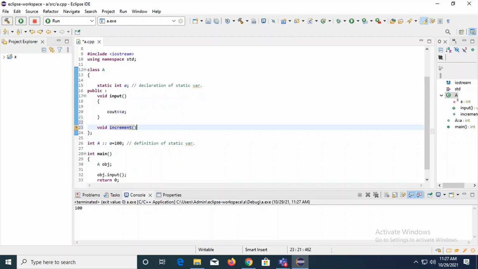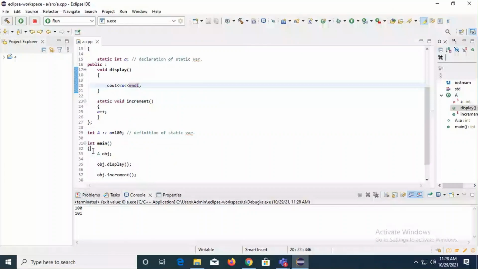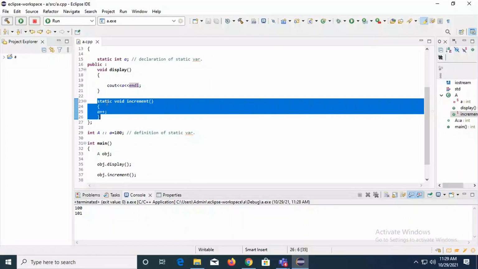See, the first time when it is executed, the control is going to display. Initialization कितना था, 100. So control is coming here. Initialization के बाद 100 value print हुआ. Then you are giving call to increment. मतलब static में control गया and you are accessing or incrementing the value of a static variable and the incremented value is printed again with the help of display. So it is 101. So I can say my second rule, that a static variable needs to be accessed with the static member function only. So that is also valid here. But इसके पहले जब मैंने इसको normal function रखा था इसके previous example में, तो उसने मुझे क्या दिया था?